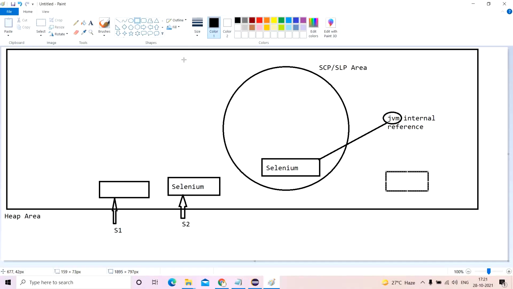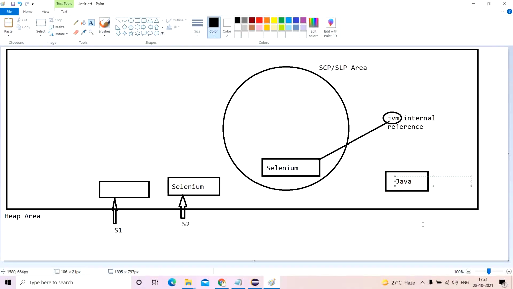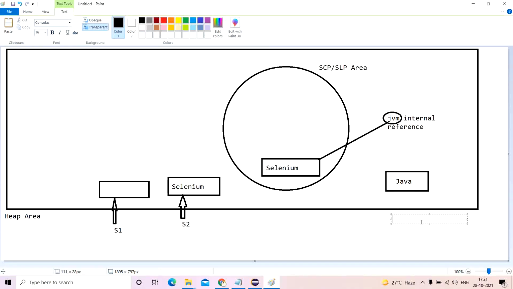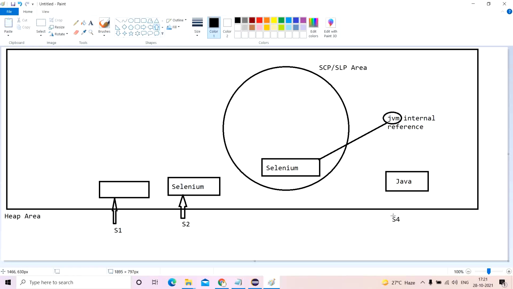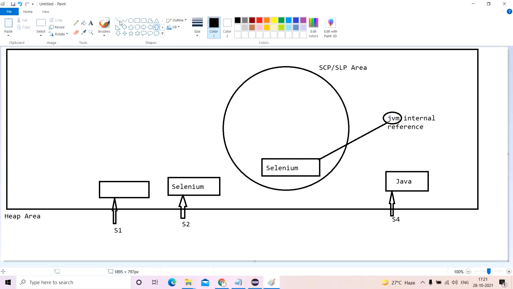One is created in the heap area with the Java literal passed inside of it, and this is referred by s4. So s4 will be pointing to it. Okay, now this is done. What happens next? We have another object which is created in the SCP area with this particular literal. So another object is created here with Java.